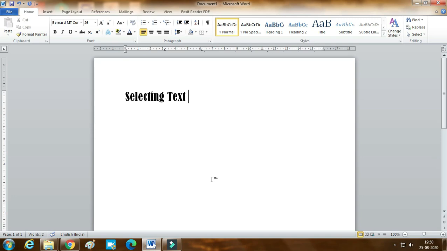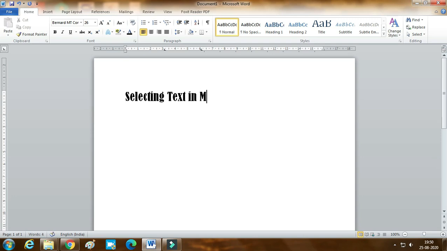Let us learn now how to select a sentence and edit the text. Editing means what we have written or typed, those things we can change.